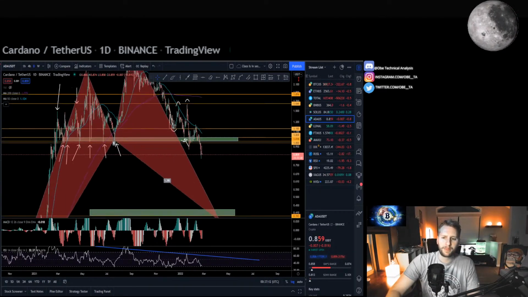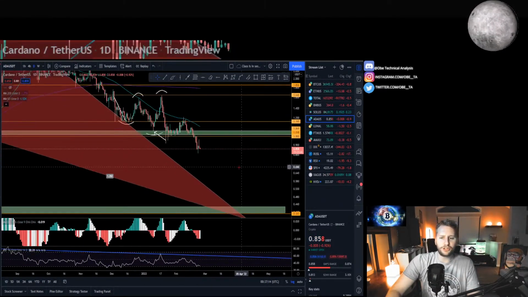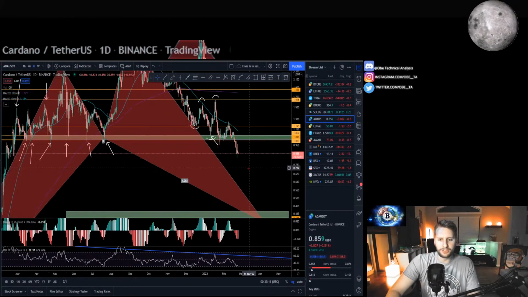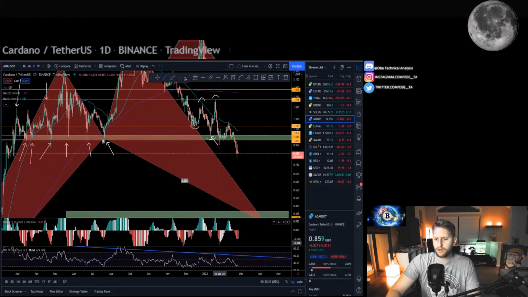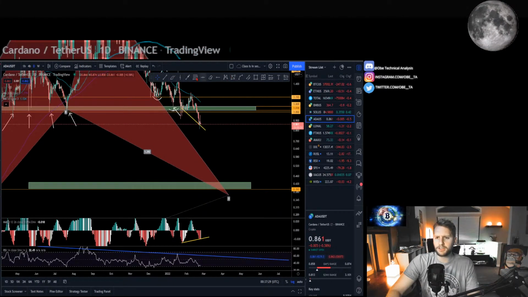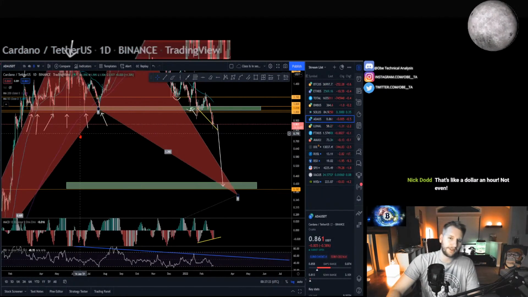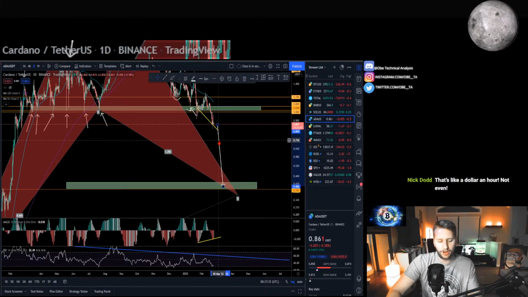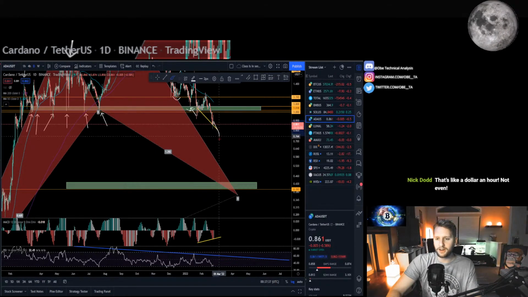Okay, so the only thing you should really be doing with Cardano is shorting. I get it. On the daily, it's like, yeah, but dude, look. Class A bullish divergence is starting to form. And here's the thing, right? It's not just going to go direct. I mean, it might, dude. For how significant $1 was, it's not going to go straight down. It'll do this kind of dump and a dump and dump before it gets down there.